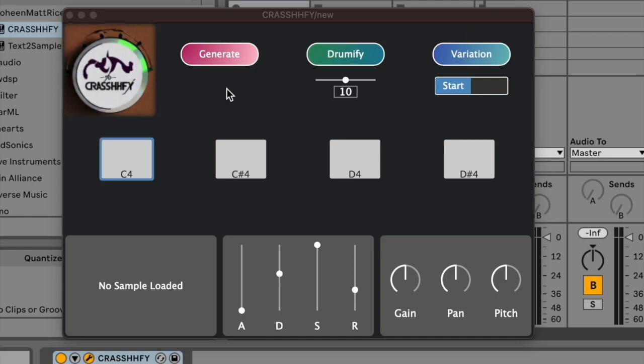Let's look at the generate function first. After pressing the button, the plugin will generate a sample and load it into the selected drum pad. You can adjust the step slider to change the quality of the output at the expense of longer processing time. Once the sample is generated, you can play it by clicking on the pad or by playing the corresponding note